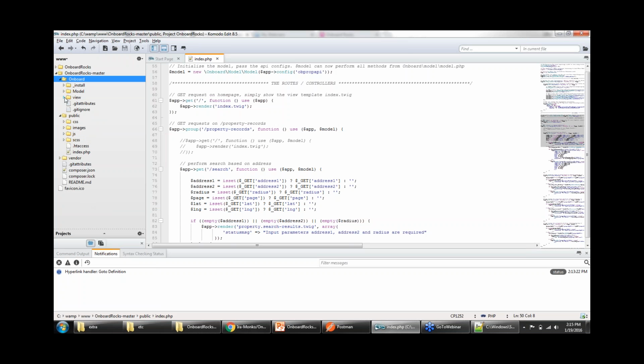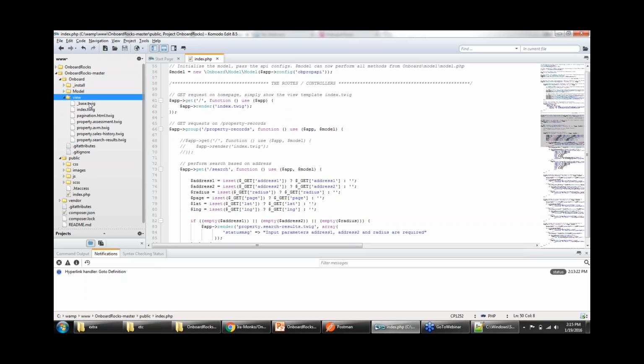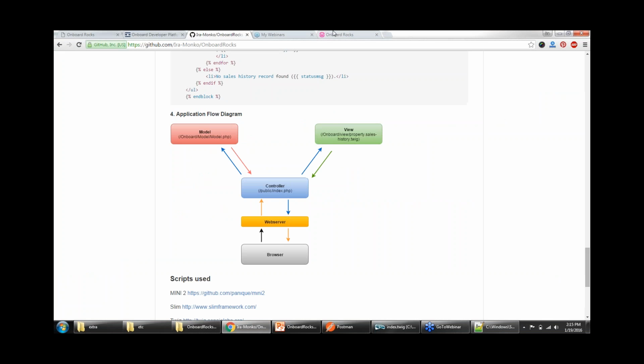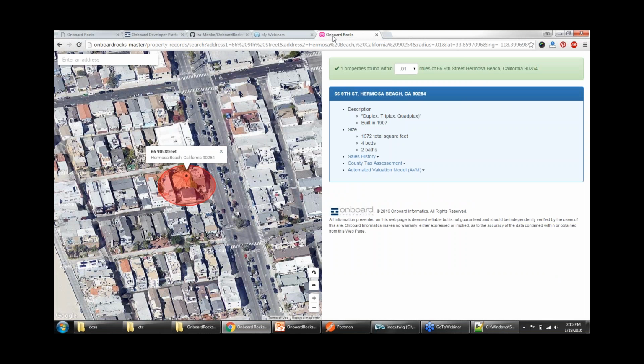So we have a view subfolder, and here's where all our templates are. So the index twig, really basic. There's really not anything happening here other than me loading up the Google Places API so I can use the type ahead. And then when that next request goes through, right, and I actually make a request to an address,